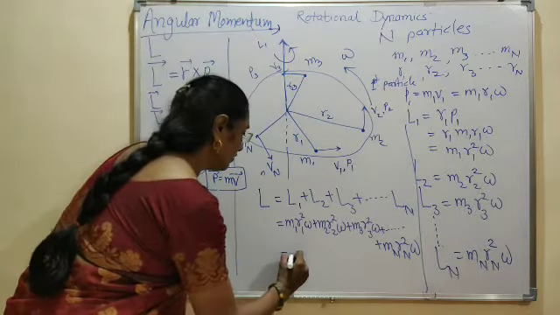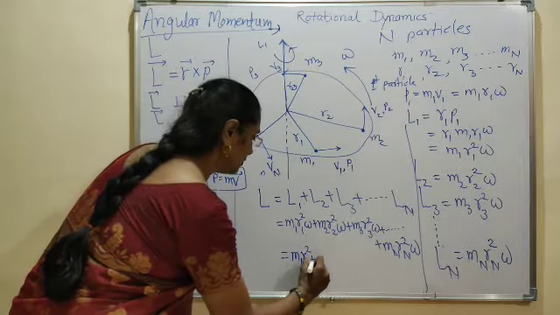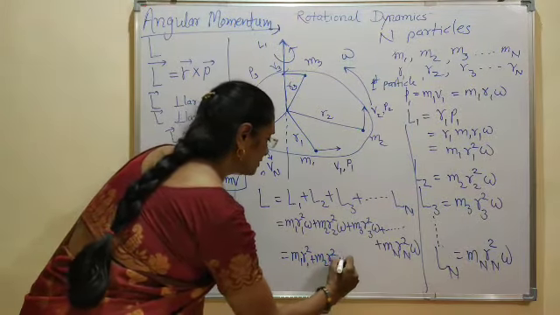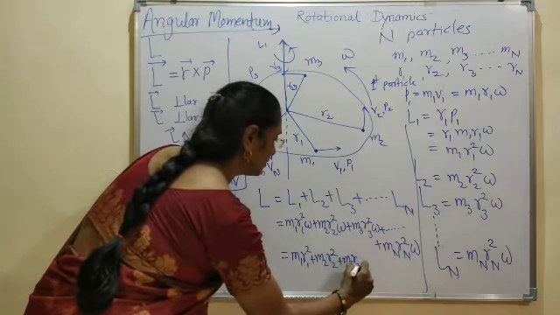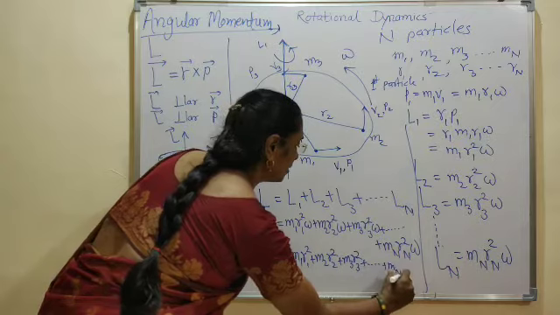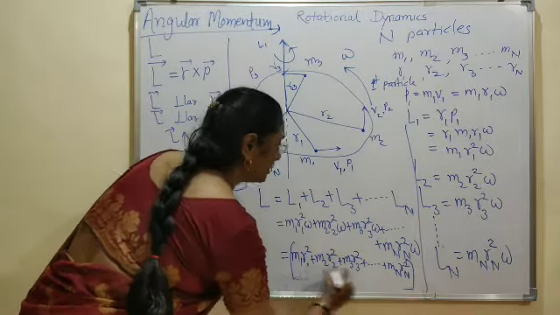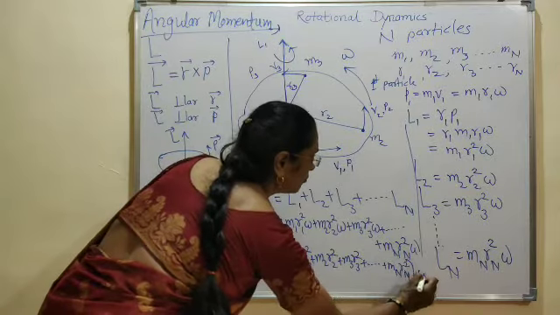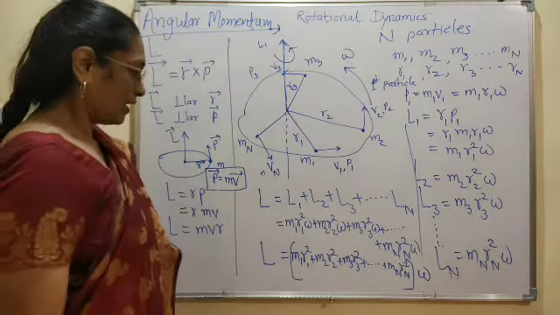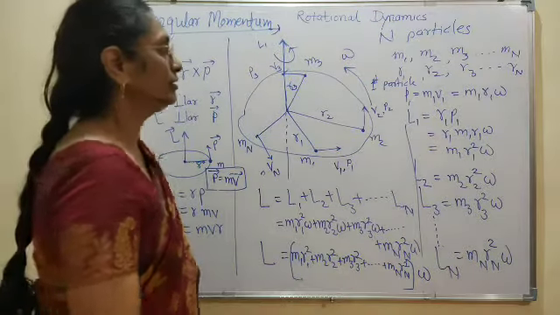Taking omega outside the bracket, we have m1 r1 square plus m2 r2 square plus m3 r3 square up to mn rn square inside the bracket, multiplied by omega. This is the expression for angular momentum. It can be written as